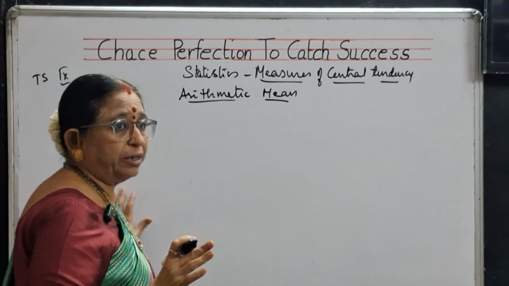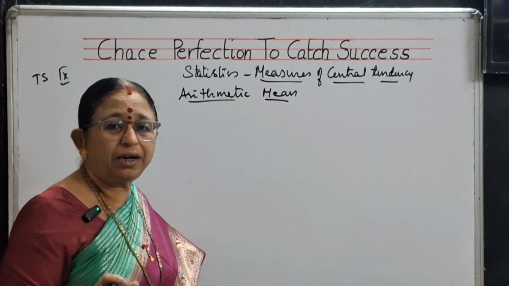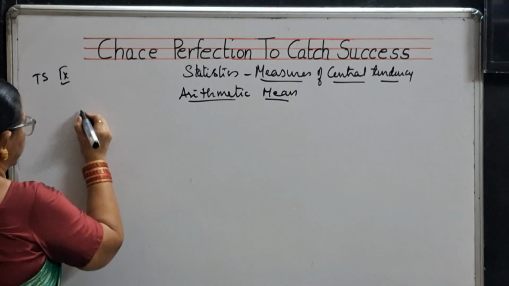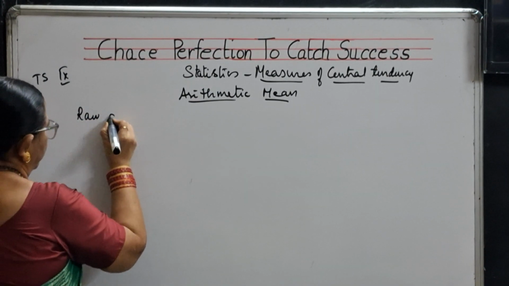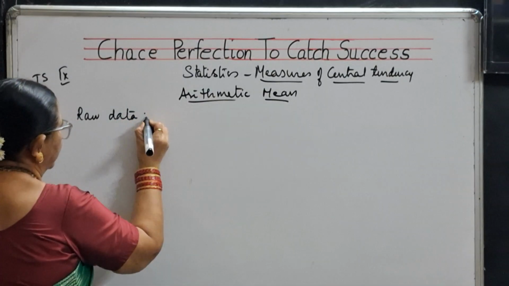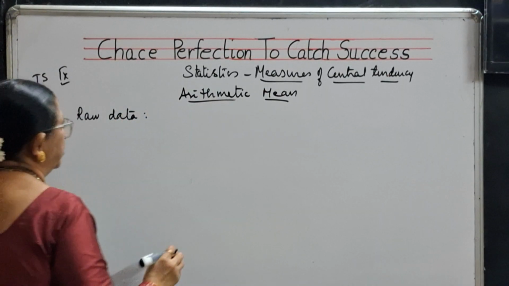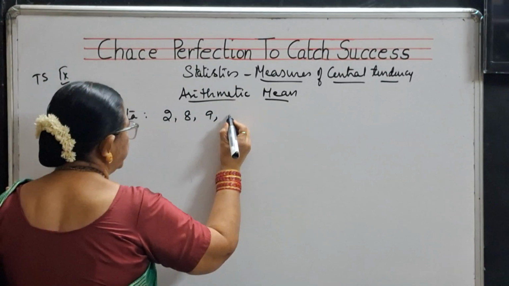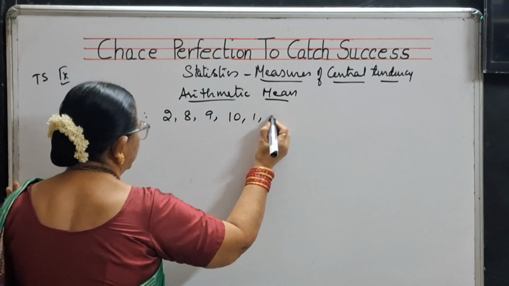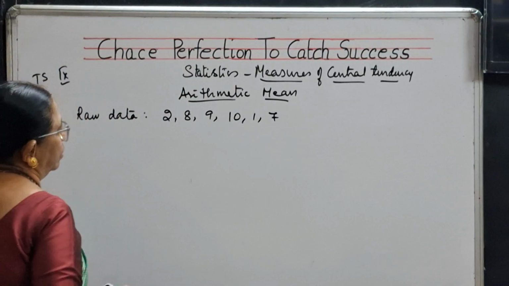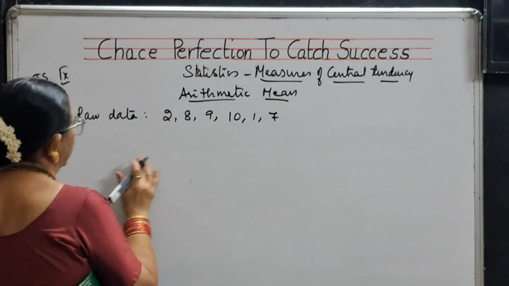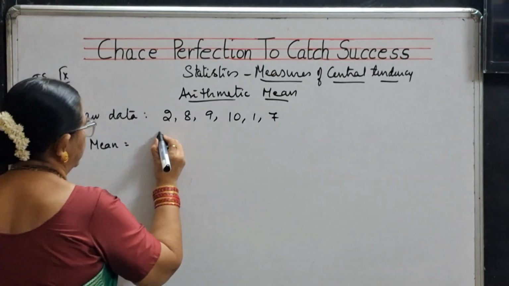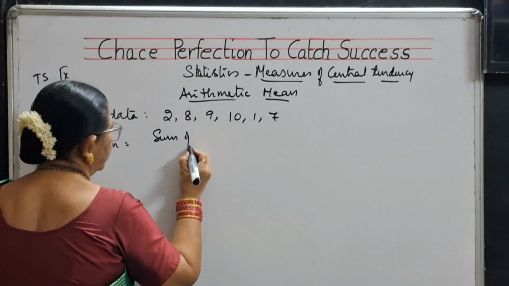I have already explained you children about raw data and grouped data. So now, when raw data is given, how to find out arithmetic mean? Suppose you have got 2, 8, 9, 10, 1, 7. You have got numbers like this. Its mean, if you want to find out, the formula of mean is sum of